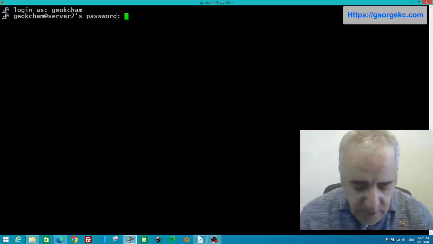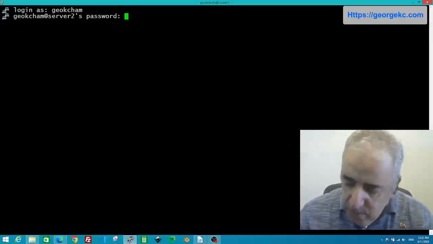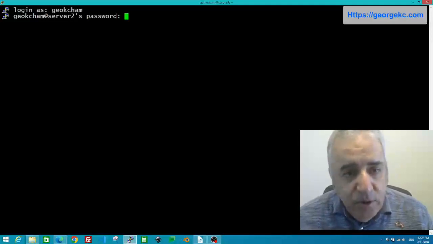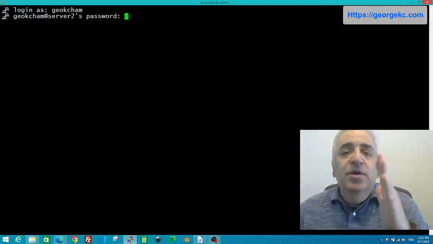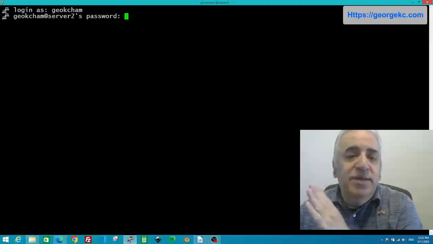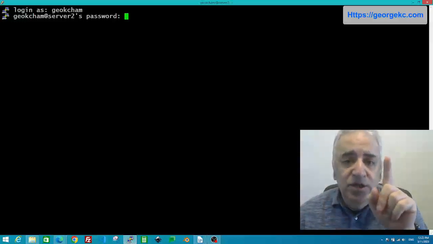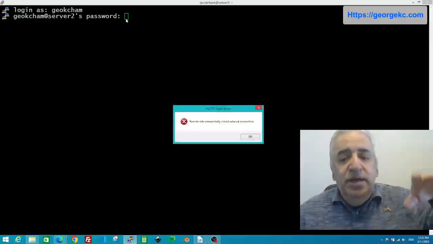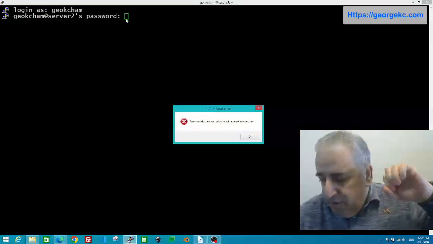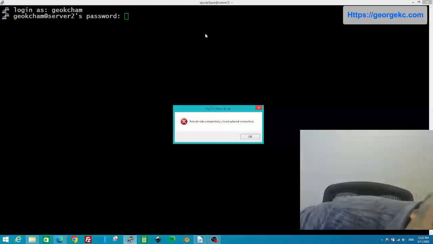So I enter my password. And please note that when you enter your password in Linux, you're not gonna see the cursor moving to the right side as you type. It's gonna be in the same location. It's kind of confusing. It's unlike other systems like Windows, where the cursor moves every time you type one character,